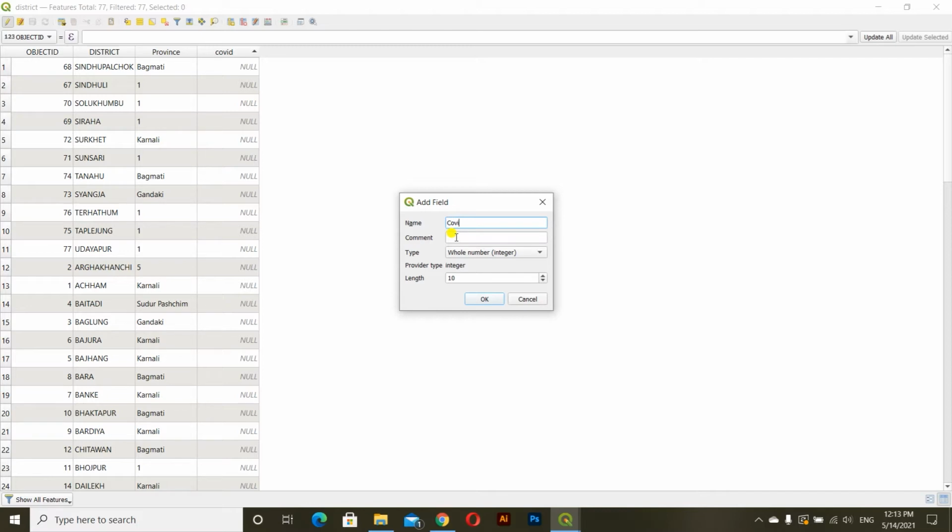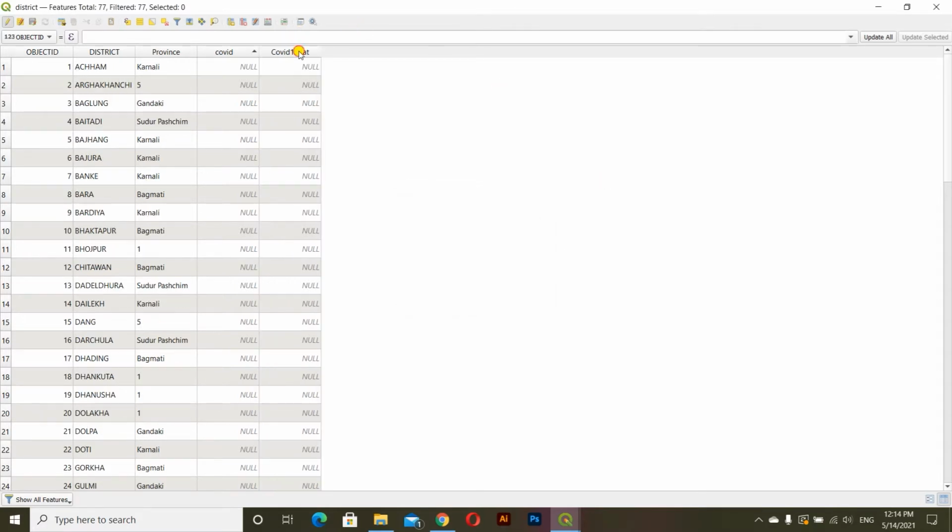We'll name it COVID-19 data, and give the type as whole number. The length is 10, which is okay, so we'll click OK.